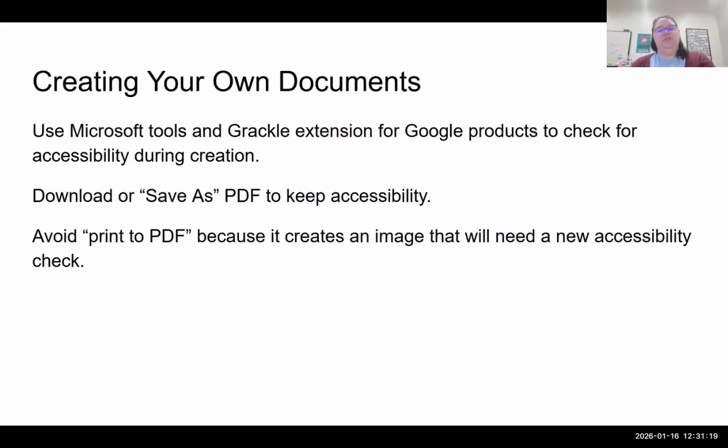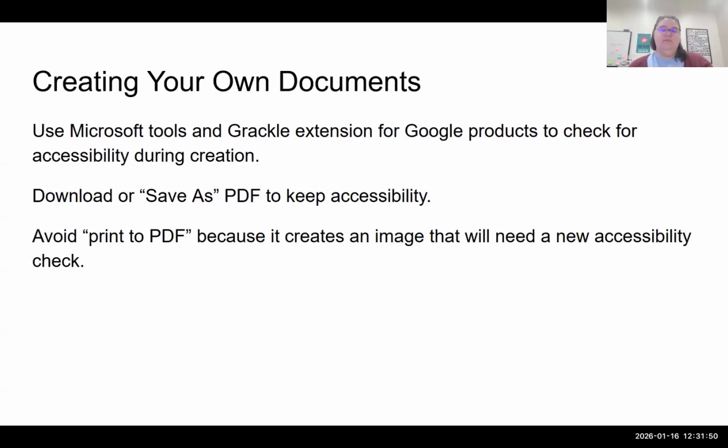not only should you be thinking about the accessibility of documents that you are linking out to or that you are uploading that are created by others, you should start thinking about incorporating accessibility into the documents that you are creating, whether that is your syllabus, slides from Google, or other assignments and things that are being put out there. So when you're creating stuff,